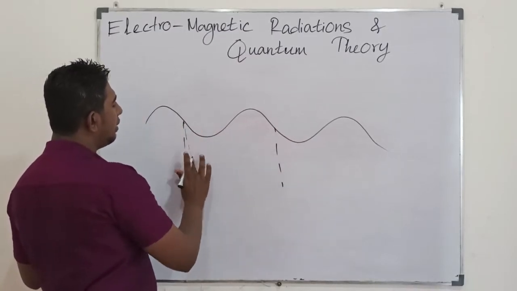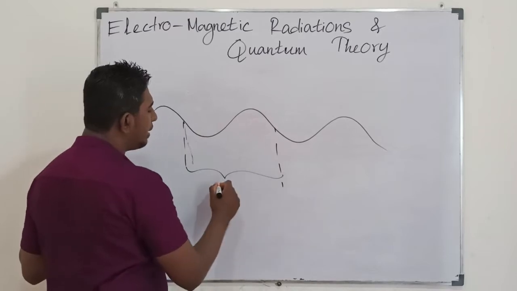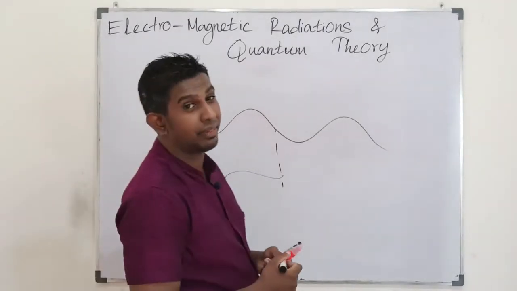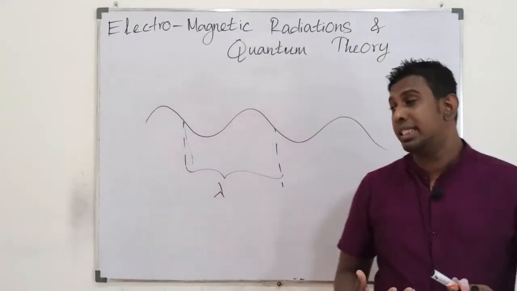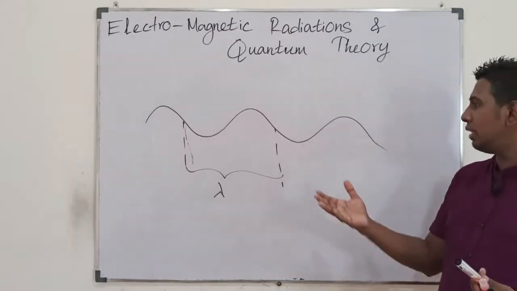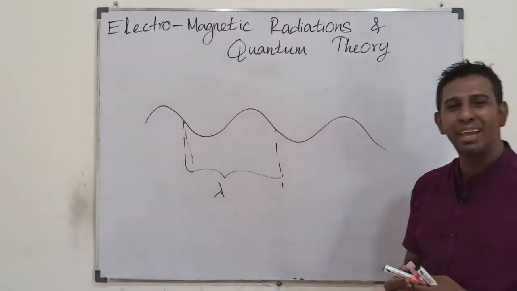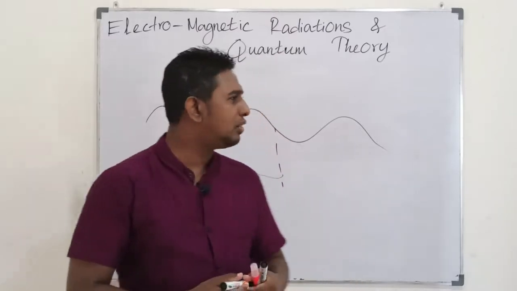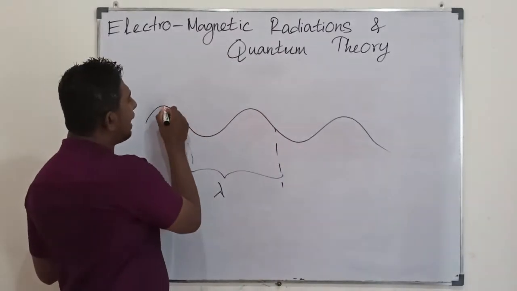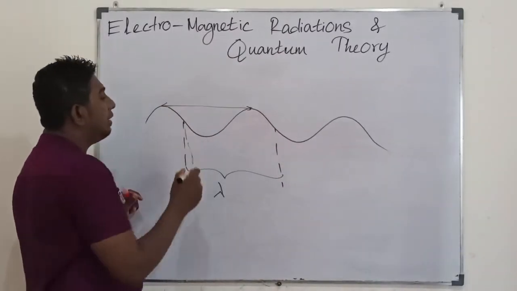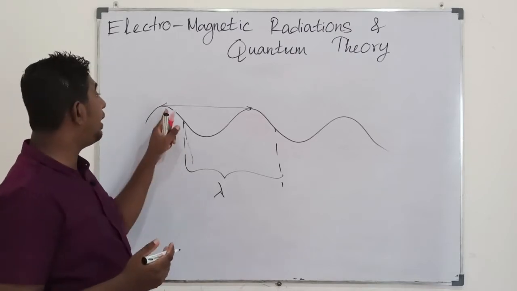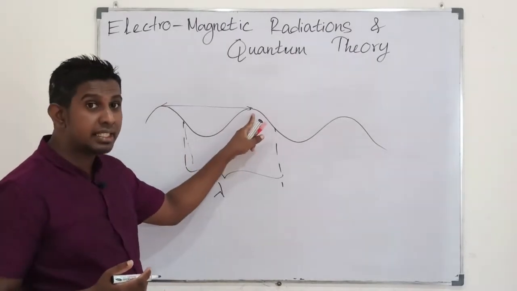So this wave's length is the wavelength. You have a wavelength standing for any wave including electromagnetic waves, radiations. Then students, we could define it as the distance, the length between two crests or